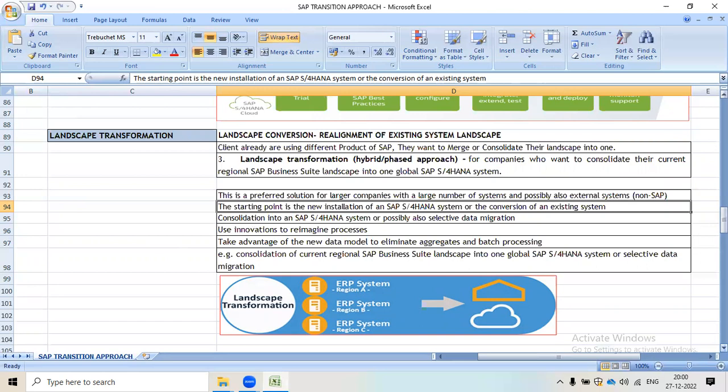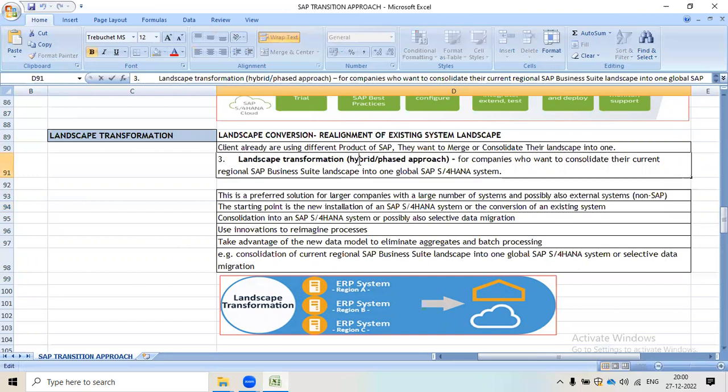Either you adopt on-premises or cloud, so it totally depends on the company, and this landscape transformation is known as a bluefield implementation.